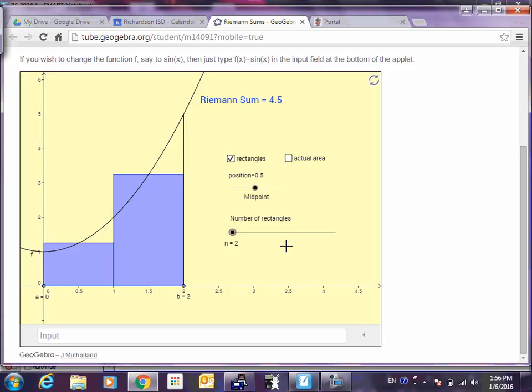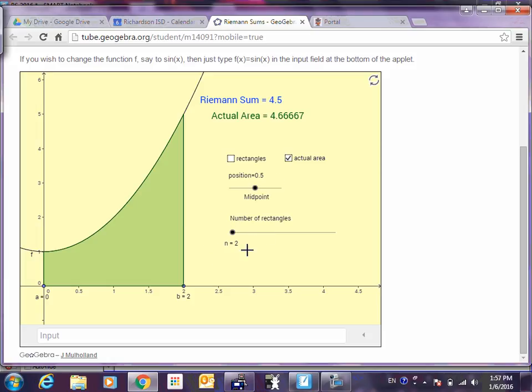All right, this particular applet doesn't do trapezoid, but it does find the actual area. So I'm going to click that on and click the rectangles off. And this is the true area that we have been talking about, but we haven't known yet. All right, and so this has calculated that. So we can see that our answers were pretty close. Midpoint and trapezoid were pretty close to the true answer. Okay,